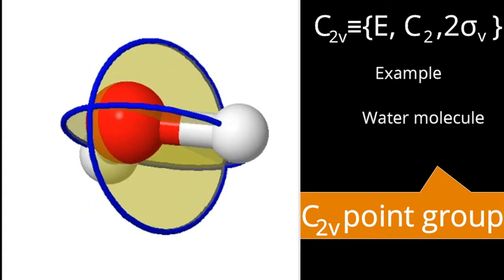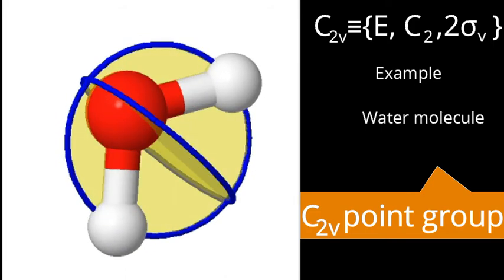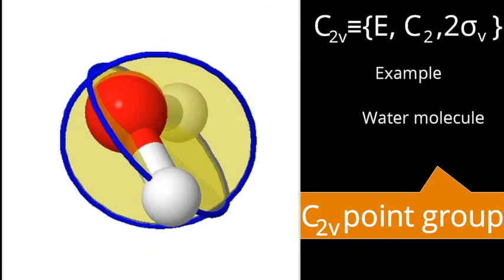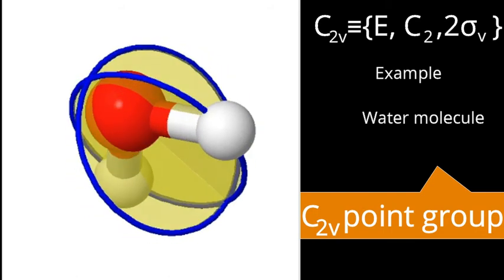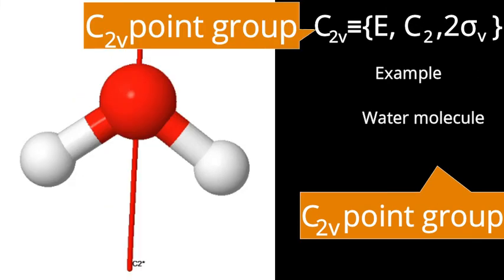How can we represent that? While representing, there are rules we have to follow. First rule, we should represent identity. Yes, identity is represented, comma. Second rule, the principal axis and remaining axes that we need to represent. Here there is only one axis, that's a C2 axis. Let me represent that, C2. But here we are not representing the element, we are representing the operations possible on that element. So how many unique distinguishing operations are possible around C2? Only one operation. So I am mentioning here C2, comma.